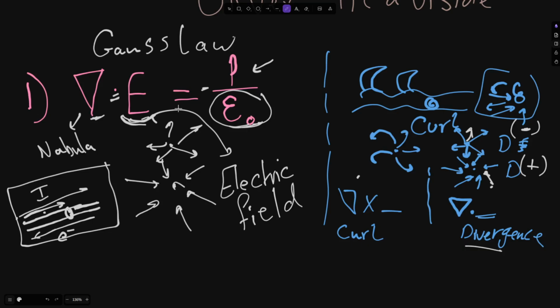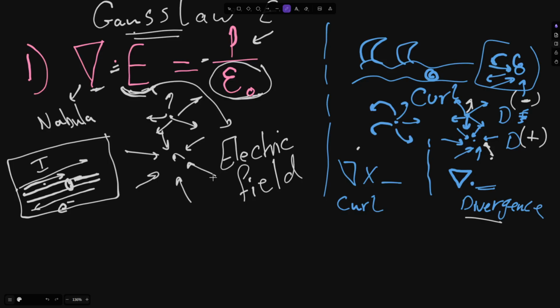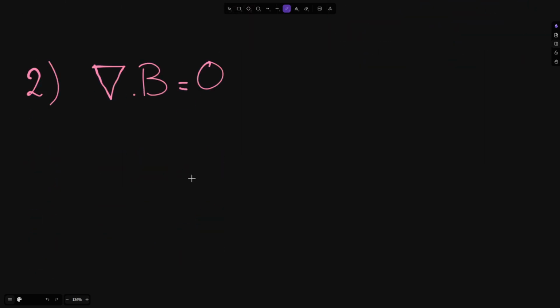So the second equation is for Gauss. This was Gauss's law for electromagnetism. Okay, this was for electricity. The next one is going to be for magnetism itself. This one is for magnetism. This one is a little bit simpler. It goes as follows. It is saying that the divergence